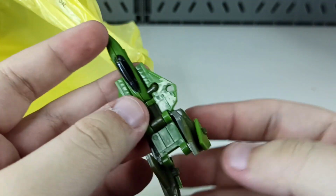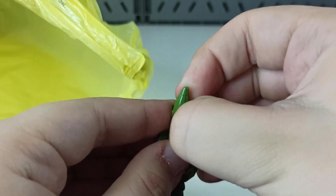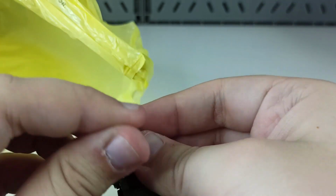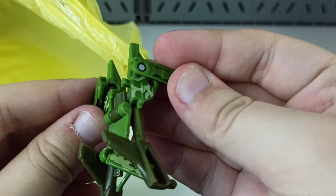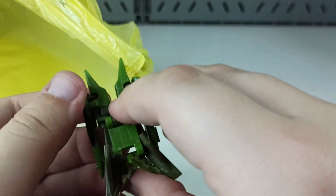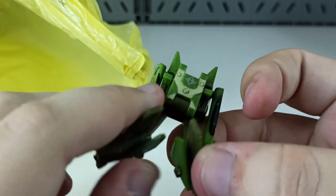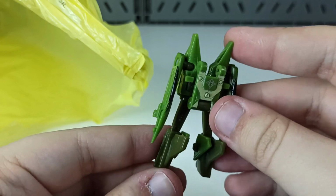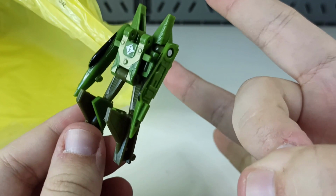Next up we have... Oh wow, it's Minicon Barrel Roll, I think, from Universe. Sadly missing his wings. Barrel Roll and his whole ten-pack squad of bodies was one of the few toys that I actually have, and it survived throughout my childhood. It's one of my favorite. Oh, he also doesn't have a head. So that's a pretty small Barrel Roll. But from what I remember in the Universe comics, dude dies straight off, so...